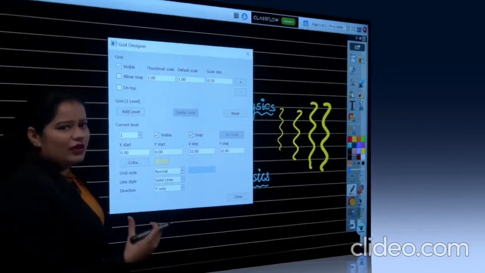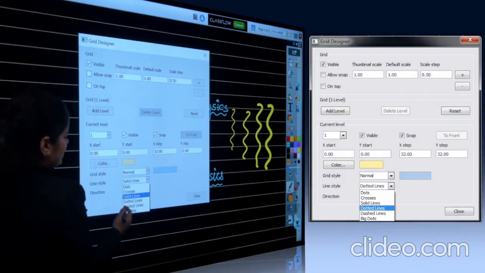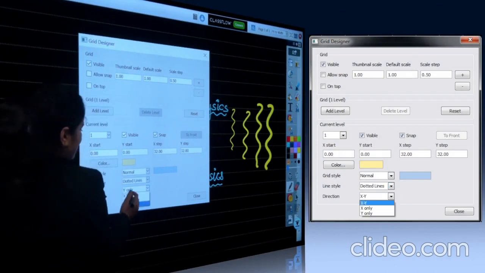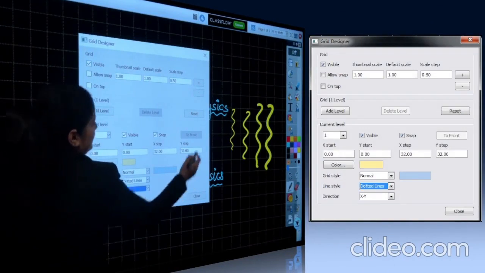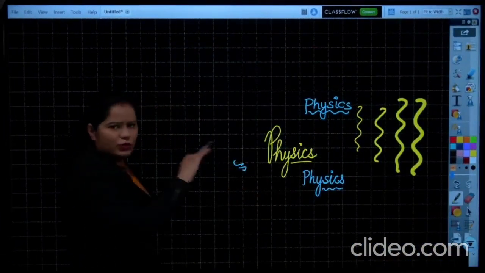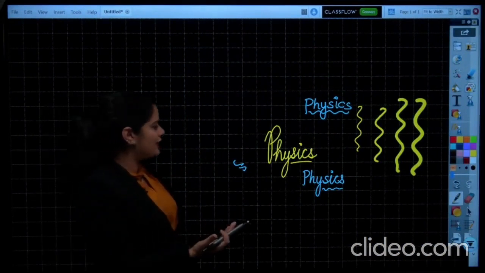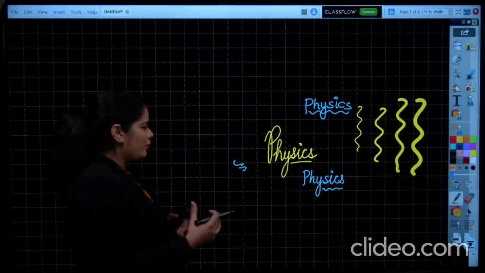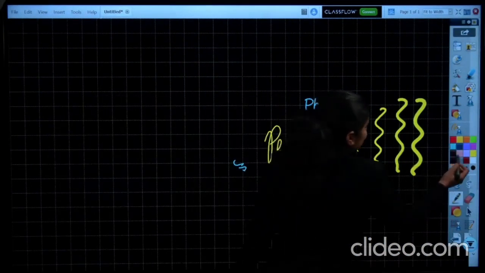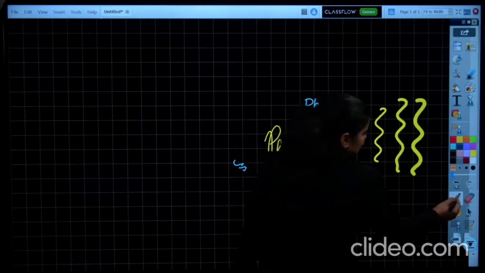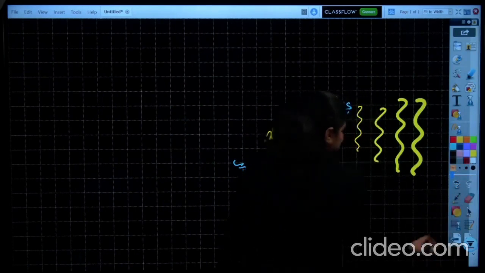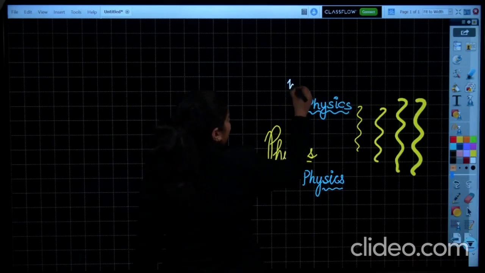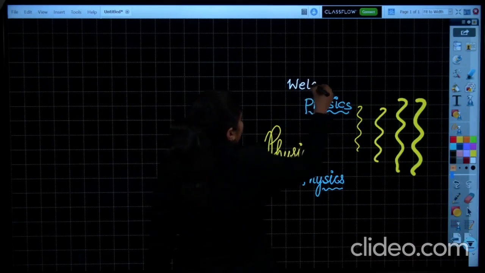Generally for our classes, we keep it to dotted lines, and that too both x and y. It's up to you whether you want only horizontal, you can do that as well. Now with the help of this, you will be able to write properly. How? You can see I have selected the pen tool again. Let me just take the color. Now you can see with the help of this line, your writing will become much clearer,